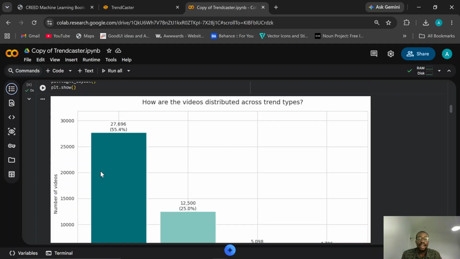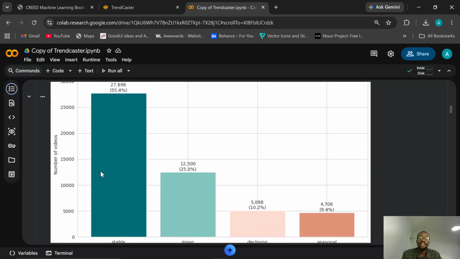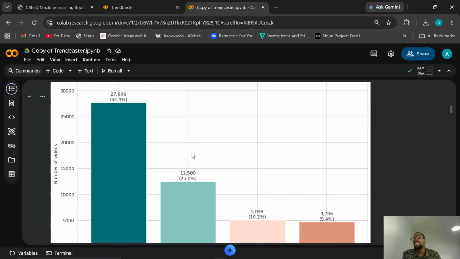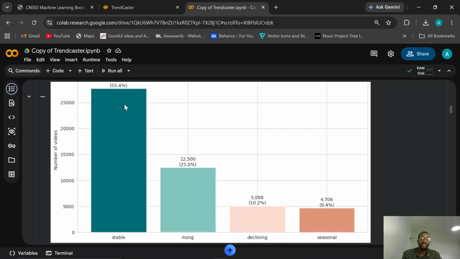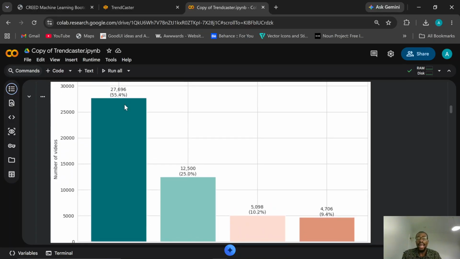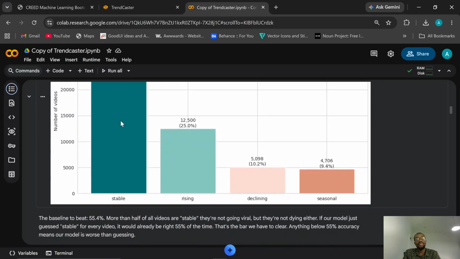If you notice something here, you are seeing a number that I mentioned earlier, the baseline to beat. The baseline is 55.4%, and I'm sure you are thinking about why. It's because that's the percentage of the target label of the stable class.